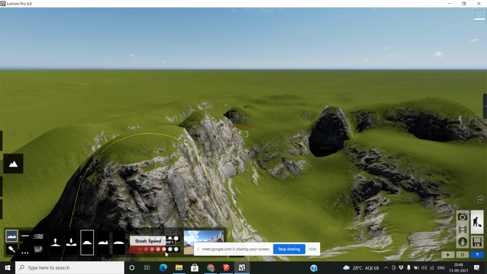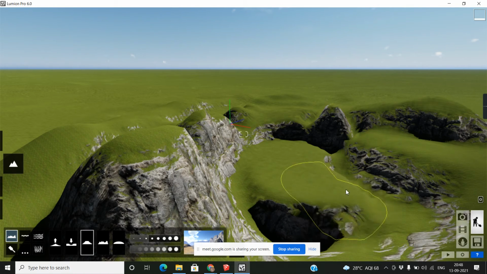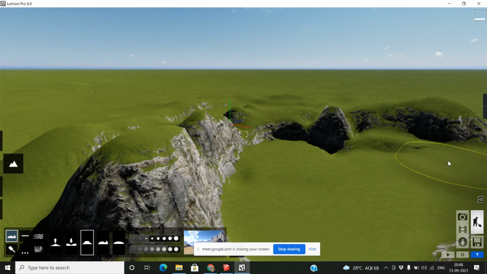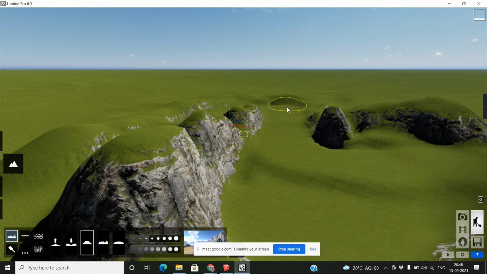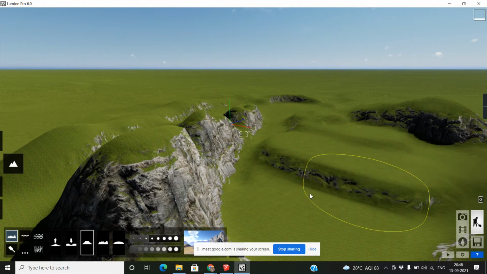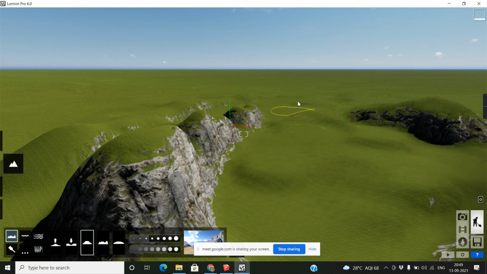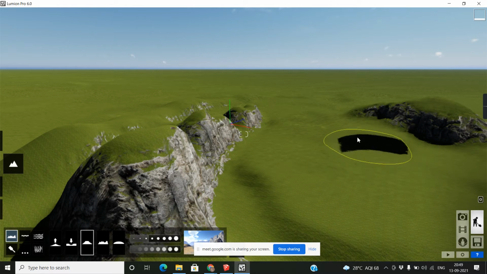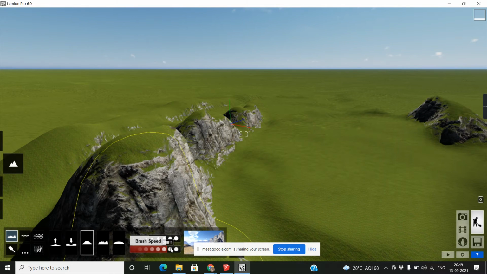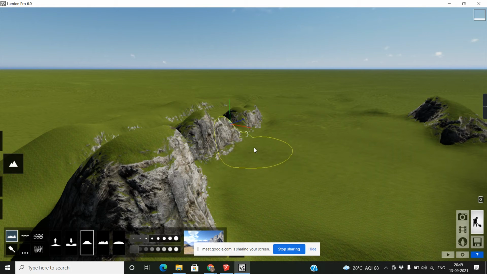This is brush size and this is brush speed. Or if you want to lower, it works smoothly.